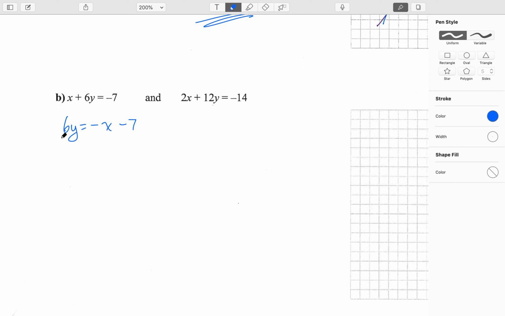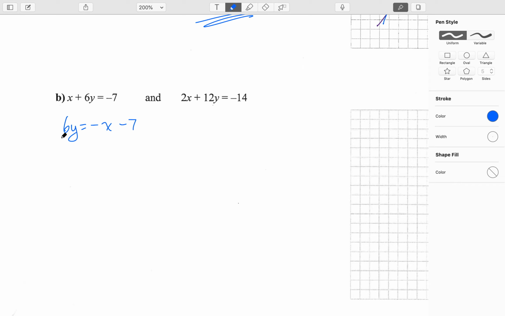What about this one? Okay, let's move the 2x. So 12y is equal to negative 14. Oh, hang on, I gotta go minus off 2x. Let's do that first. Minus 2x minus 14. And then divide by 12, divide by 12, divide by 12. So here I get y is equal to negative 1/12 x minus, hey, it's the exact same thing. It's the same line,